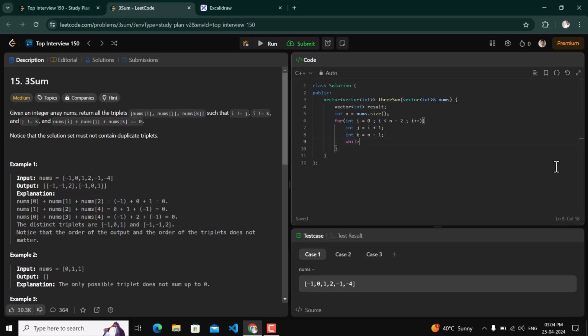So we will have while j is less than k. Okay, what we will do, let's say int sum is equal to nums of i plus nums of j plus nums of k. Okay, so if sum is equal to 0, then what we will do, we will result dot push back, we will have our